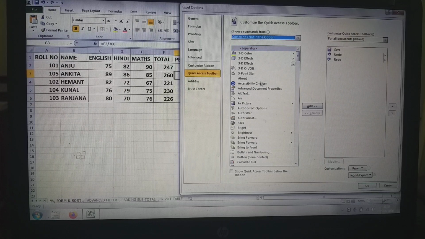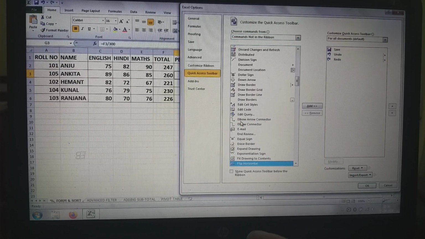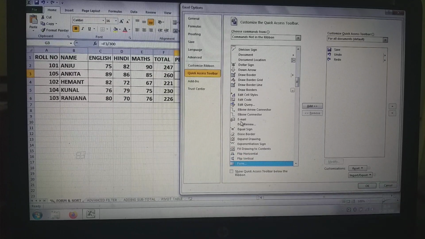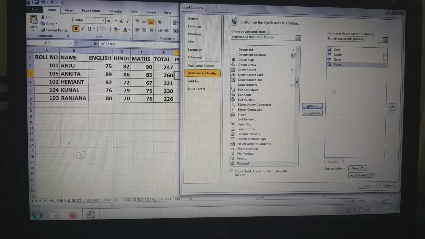Now find out form. See, form is selected. Now on the right hand side you see in the middle the add button is there. Click on add. See, now form is added here on the right hand side. Now click on the OK button below.